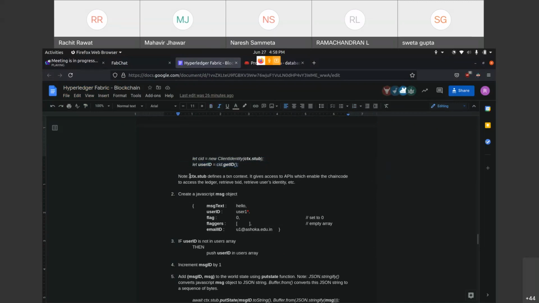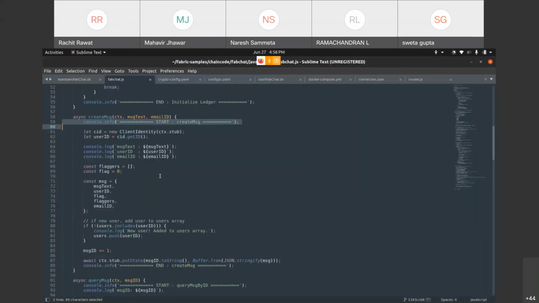And of course, I mentioned earlier that your ctx.stub is your transaction context, and it will enable you to retrieve the user identity. So the first thing I do in create message is to get the user ID who is invoking the transaction. The next step, for debugging purposes, I print these fields: message ID, user ID, and email ID.